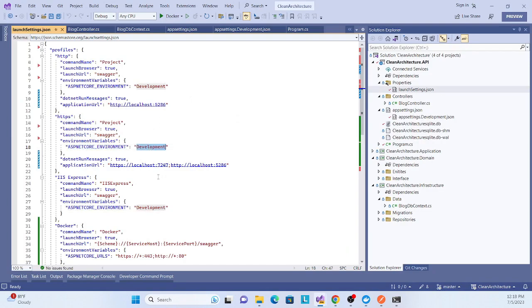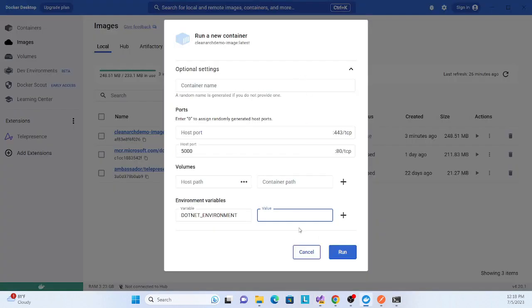I want to run the development environment, so I put the value as Development, or whatever environment you want. Set the variable, so that your development environment can run inside the container. Also, you can specify your container name.